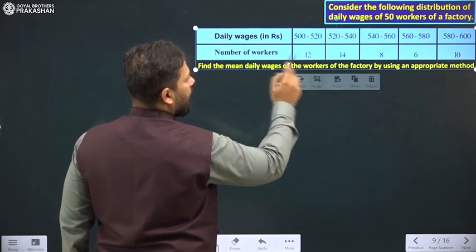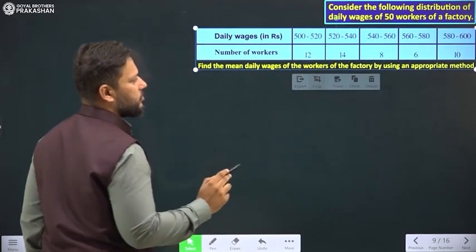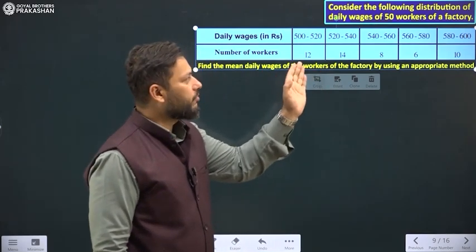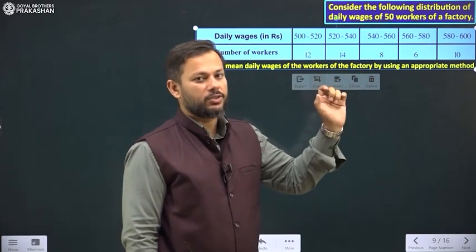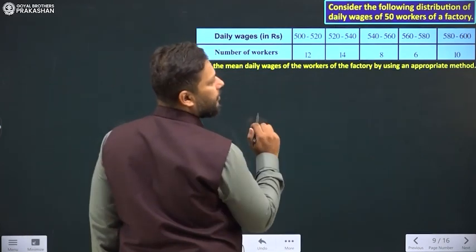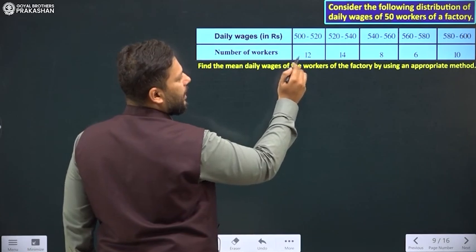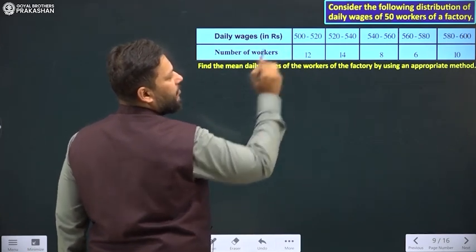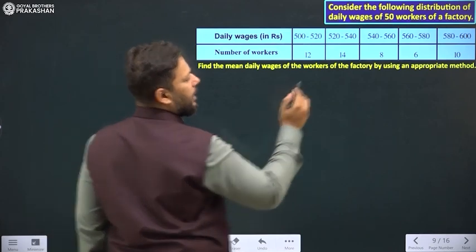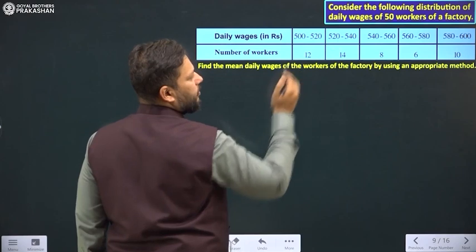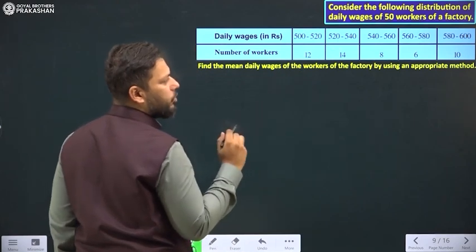Here it is given that these are some daily wages which are being given to some workers in a factory. So the total 50 workers are taken into consideration when we are taking this sample. So out of those 50 workers, 12 workers are in that category which get the daily wages between 500 to 520 rupees. There are in total 14 workers which get the daily wages between 520 to 540 rupees, and